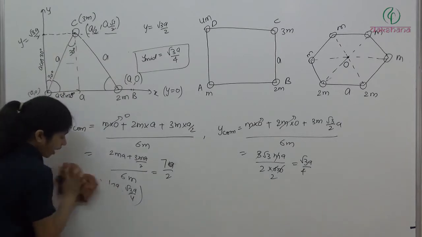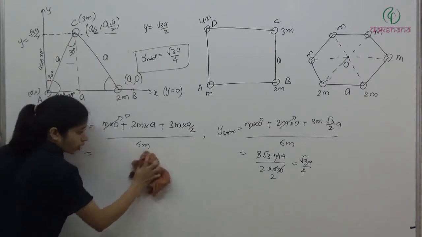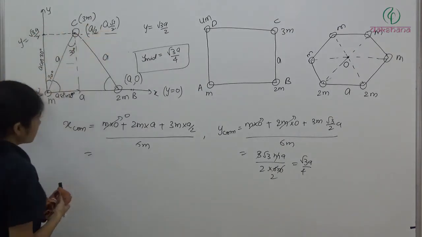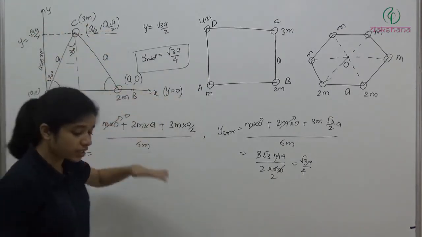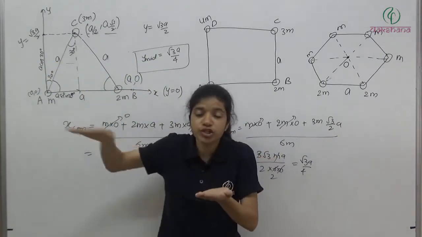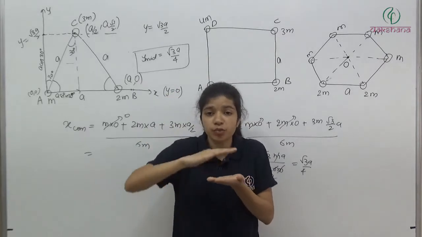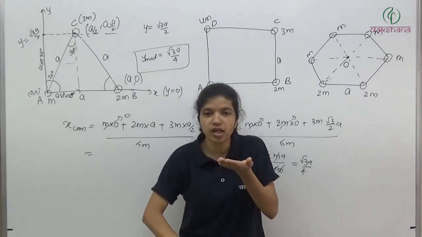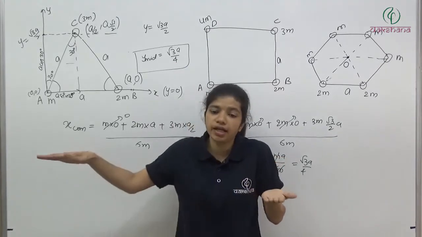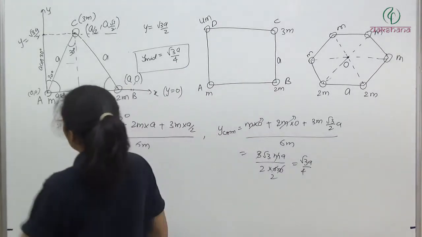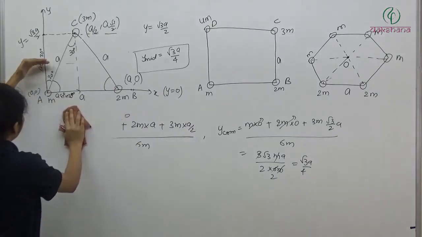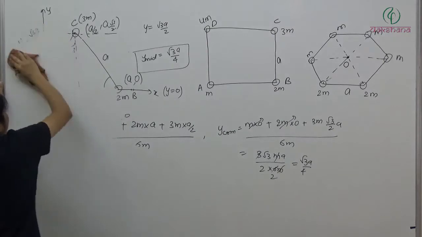Now when we are talking about y coordinate, at this particular y we have 3m, at this particular y we have 3m. So about that mid y location we have symmetric mass distribution. Here we have 3m, here we have 3m. That's why the y location of center of mass is lying exactly at the middle. Now how will we find the middle location? This total length is root 3a by 2, so this length will be root 3a by 4, half of the total length.